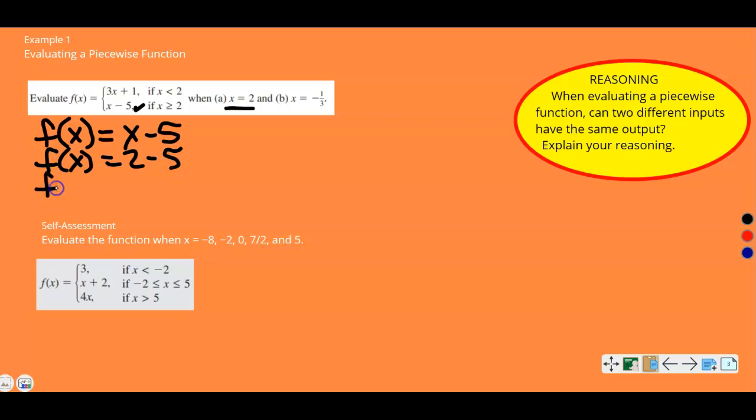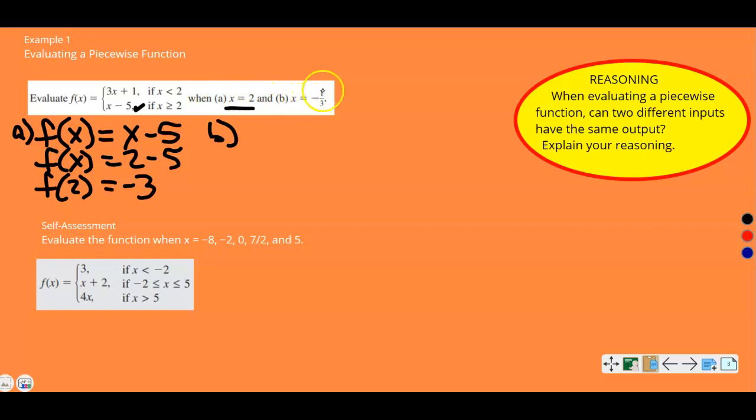And actually, if you want to put in the 2, that tells you that's the x value, and we're solving for f of x, which is the y value. So 2 minus 5 is negative 3. That would be the point 2, negative 3, if you were looking for an ordered pair there. All right, that's A part. B part says